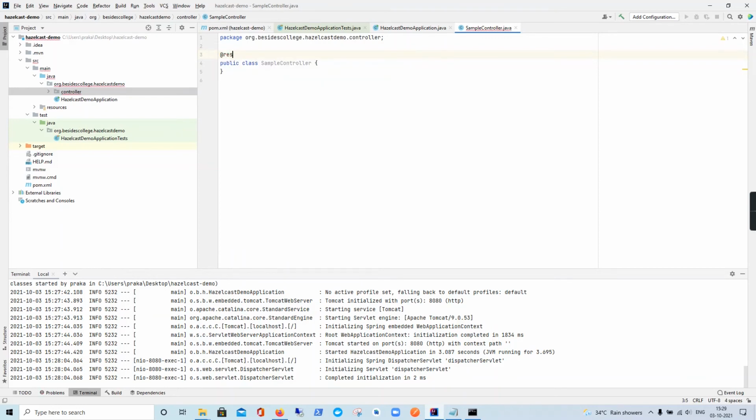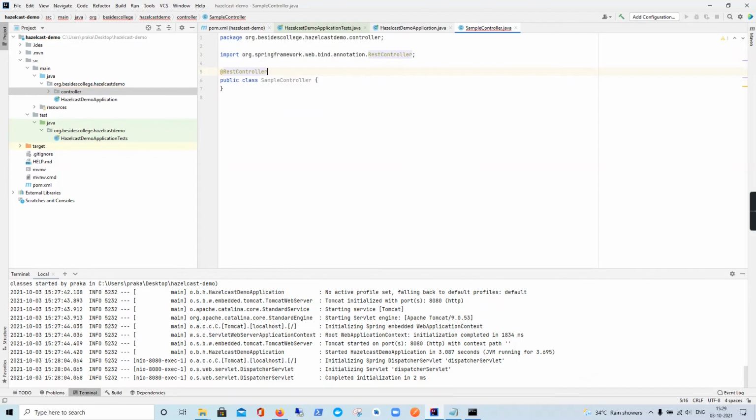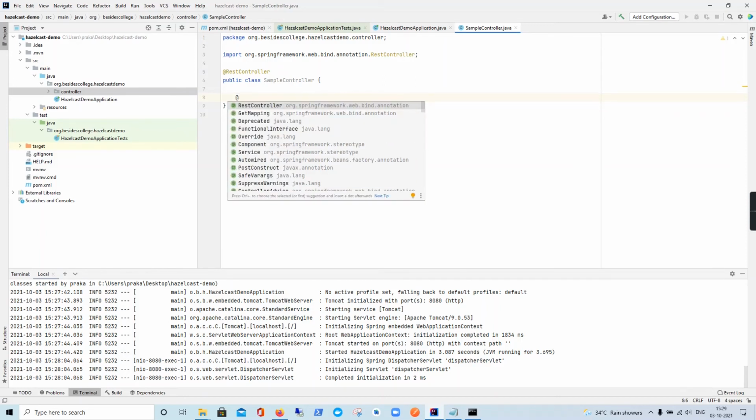For that, Spring has provided us with an annotation called RestController. If we annotate SampleController with the RestController annotation, Spring knows that this is going to be a REST endpoint. To handle URLs at different locations, we need to provide different methods for each of the URLs.